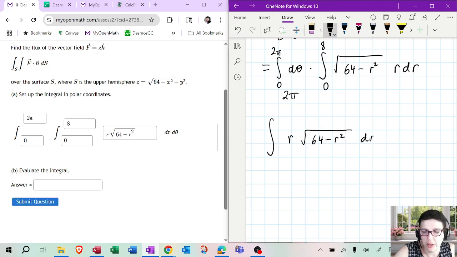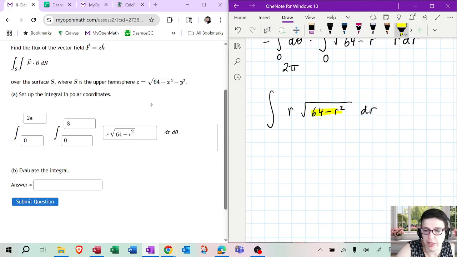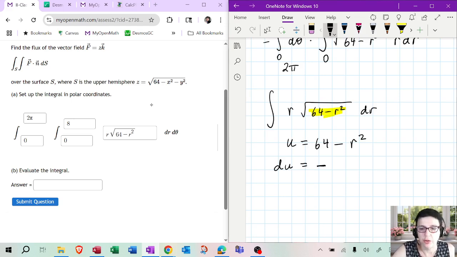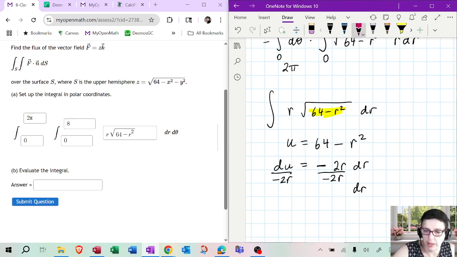Now, for this indefinite integral, hopefully everybody knows that the square root of 64 minus r squared is not 8 minus r. You cannot separate the square root at a minus. That does not work. What you do instead is think of this whole thing as u. So this is a u substitution, and u becomes 64 minus r squared. Now let's compute du, the derivative of u. The derivative of 64 is 0. Then we're going to have minus, which is very important, the derivative of r squared, which is 2r dr. Solving this for dr, we're going to divide both sides by negative 2r, which is going to cancel the r here.